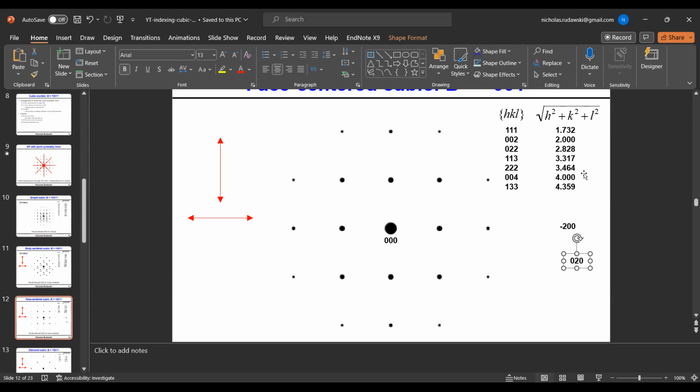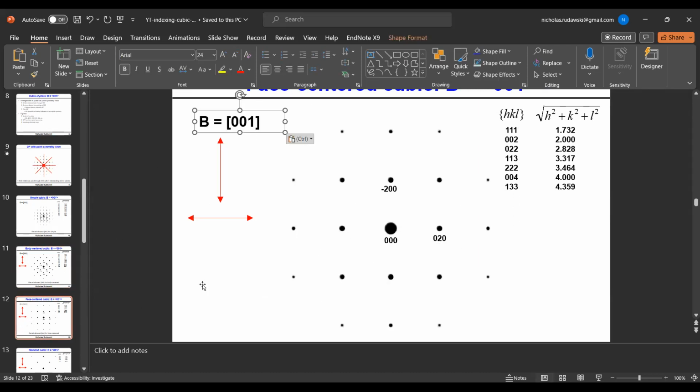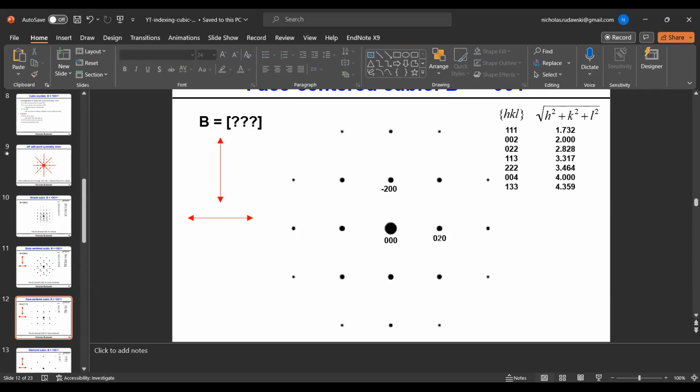If I go down to the next family, though, this is very, very possible. Okay, so again, I could assign exactly the same indices that I had here for the body-centered cubic for these spots. I could assign this as 0, 2, 0 and 2 bar 0, 0. And again, because we just did the cross products, I would end up with the same answer here. To make this a little more interesting, though, let's start by assuming that my zone axis is actually,